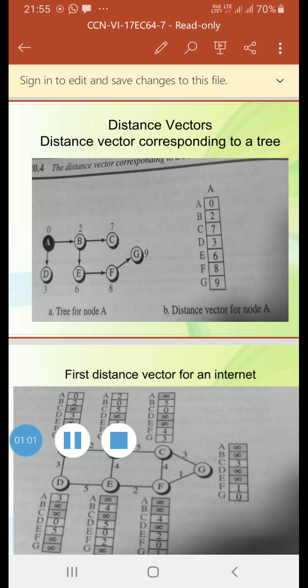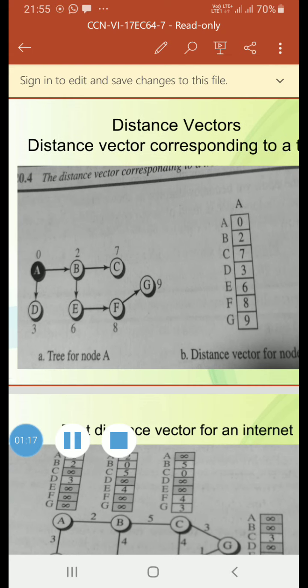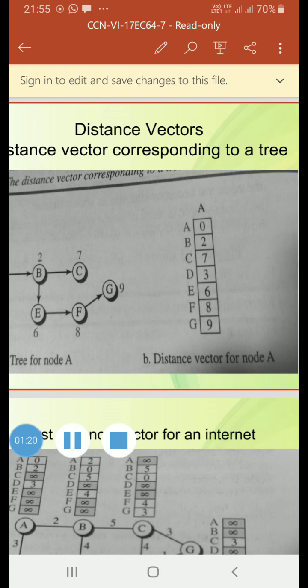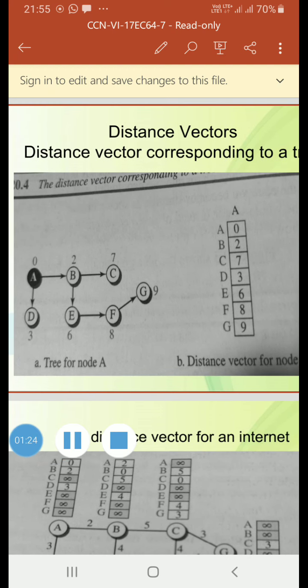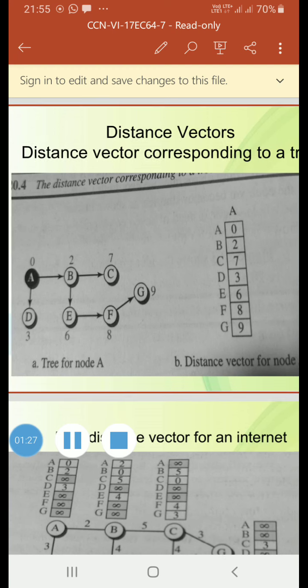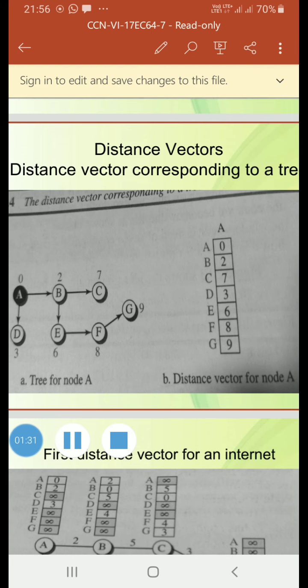Okay, so we'll see the figure that shows the tree for a particular node A in the internet and the corresponding distance vector. So this is the distance vector for node A. You can see how the distance vector is calculated for A. As we are starting with A, it will be 0.